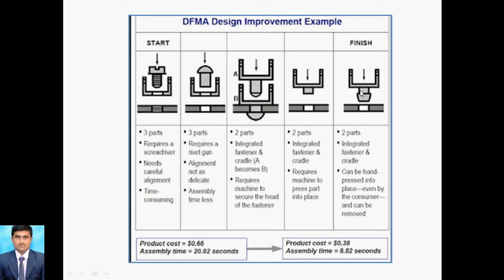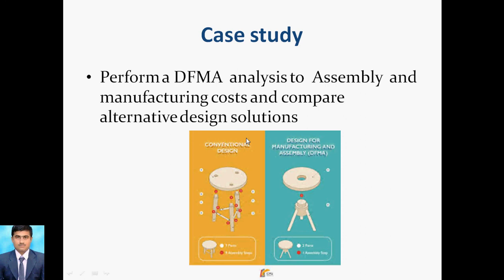So that is why it is helpful for improving the design, or as you can say, improving the assembly. This is the advantage of DFMA. You can reduce the number of parts, as well as apply self-aligning orientations or self-fastening methods. The assembly time was 20 seconds, but now it requires 8.82 seconds. So that much benefit is there for design for manufacturing and assembly.